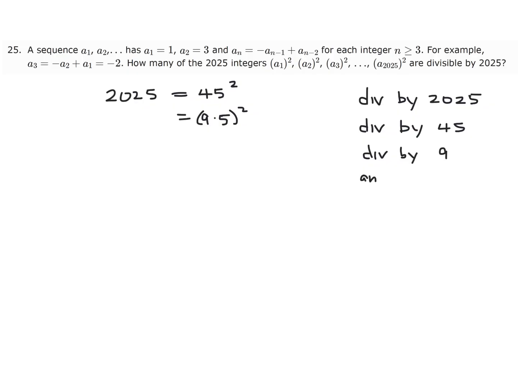and it's divisible by 5. Okay. And I don't know why they squared them. You see these numbers here? I don't know why they squared them, because if A1 squared is divisible by 2025, that means